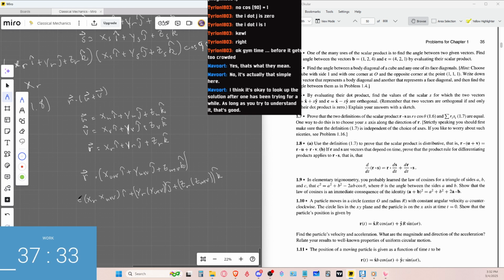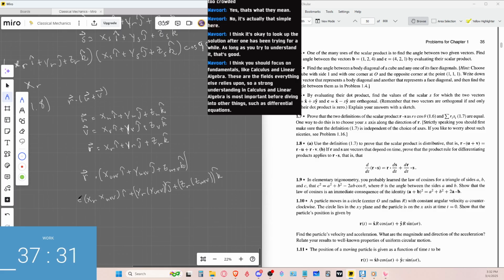It's equal to, so this has to be equal to the dot product of u plus